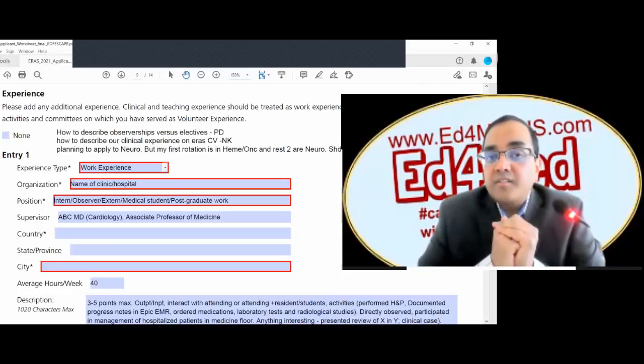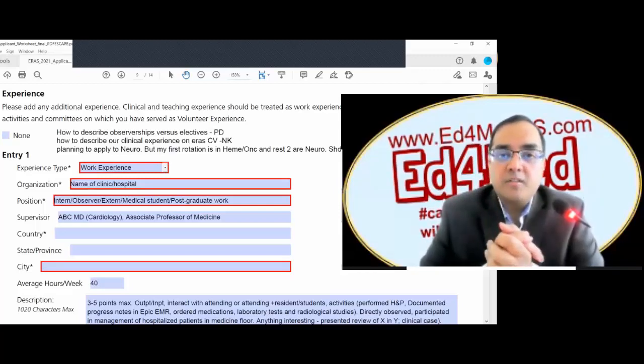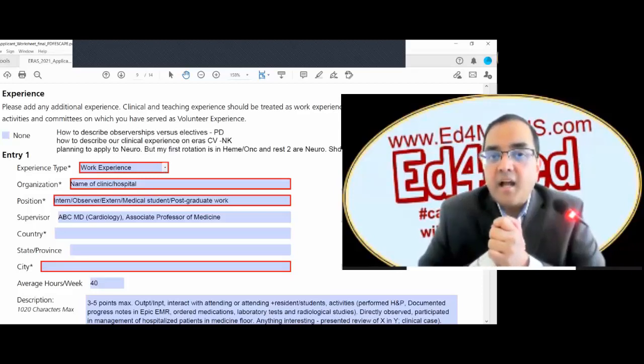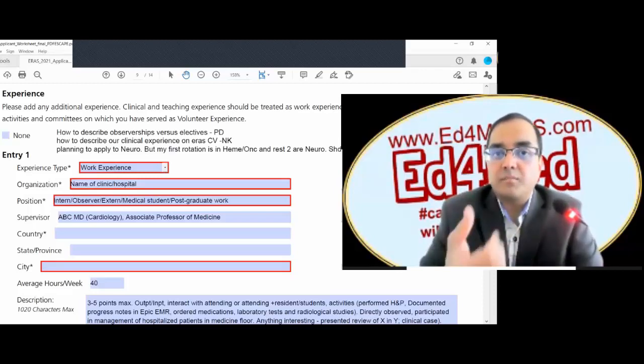There is just one ERAS application. You cannot have different ERAS CVs for different programs. And what I would suggest is in that situation, if the program director asks, why did you do a hemonc rotation and then now you're doing neuro, you can explain that, if this was maybe an international medical graduate, this was the best you could get at that moment, and you really wanted to get started to learn about the US healthcare system, EMR, the team-based approach to medical care,